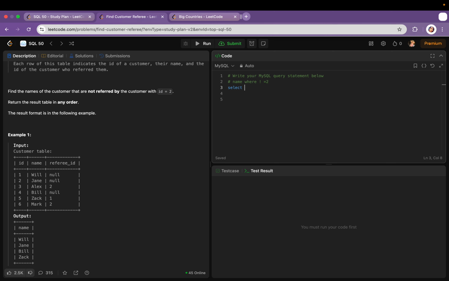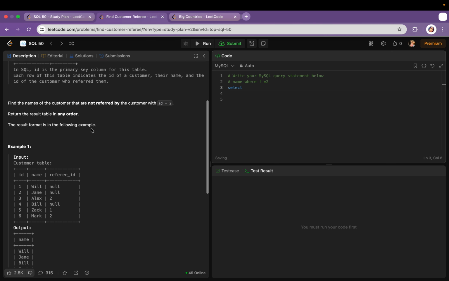So can I just simply write select? In select we will write the column which we want, which is just the name. So in the select statement I will write name from the customer table. Here I will write the where condition. Where customer is not referred by, where referred id is not equal to 2,